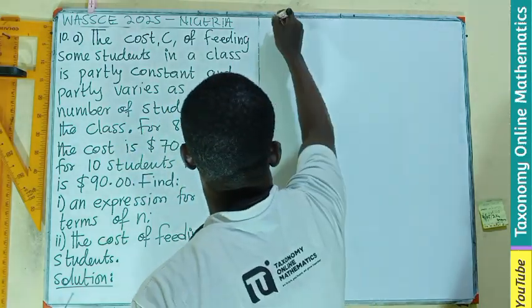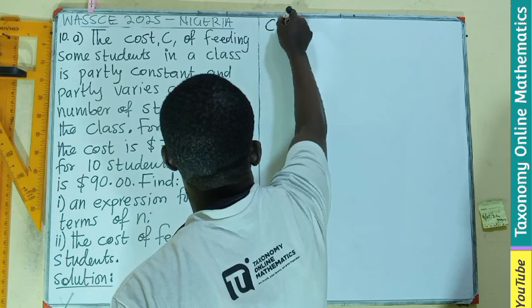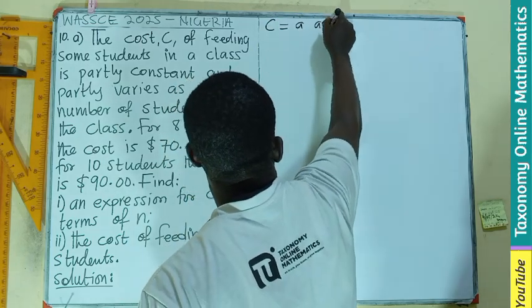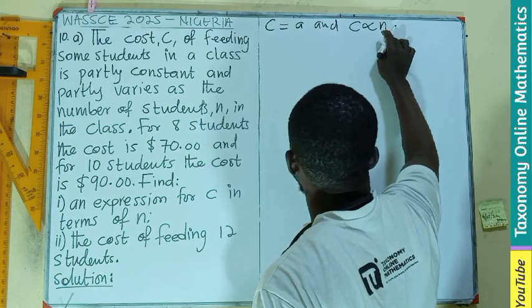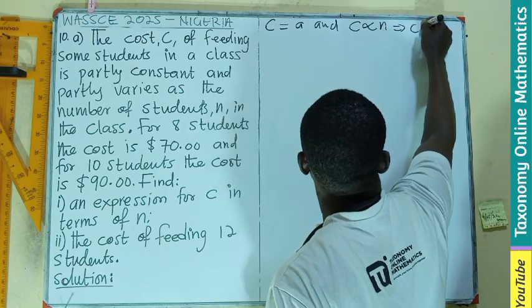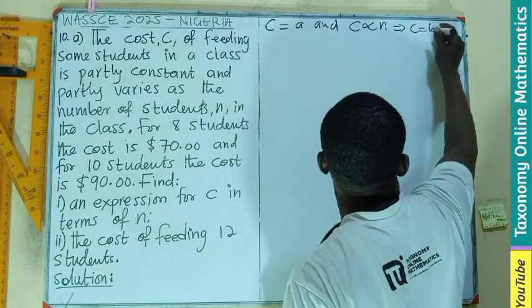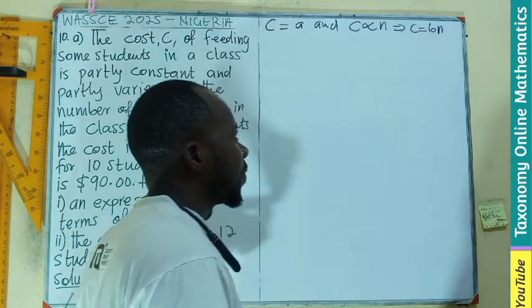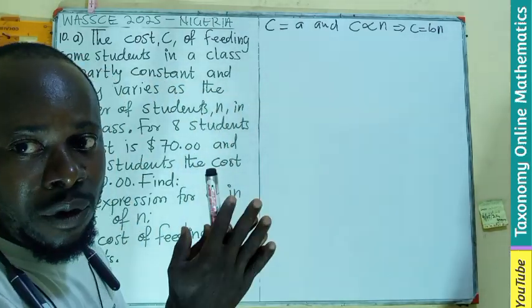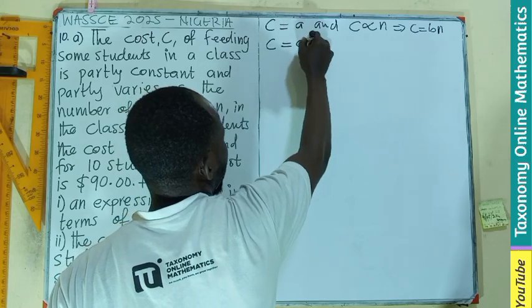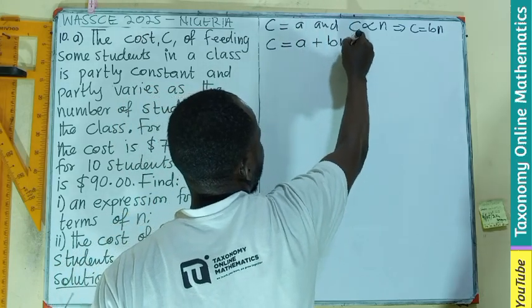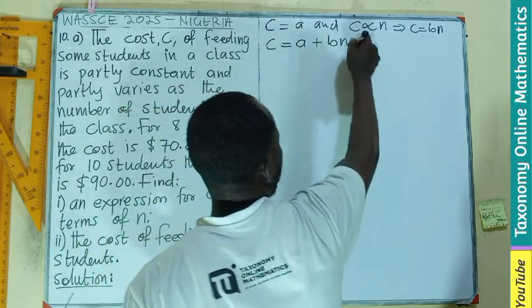So we can have C equals A, and C is varying as this, which implies that C equals a constant times N. So putting the two together to form an equation, this gives us C equals A plus BN, where